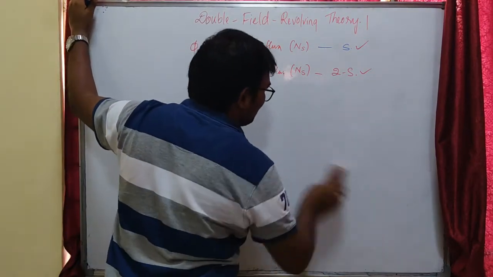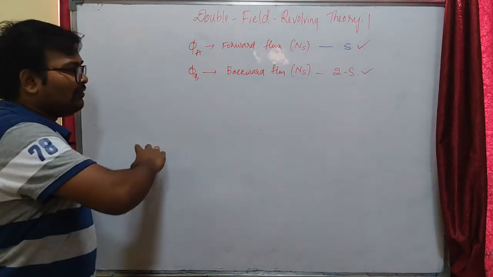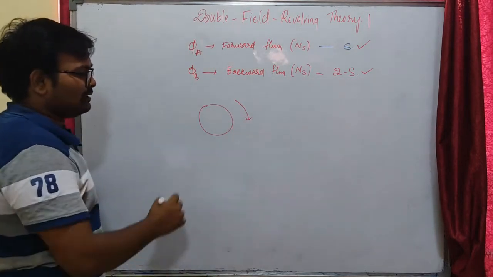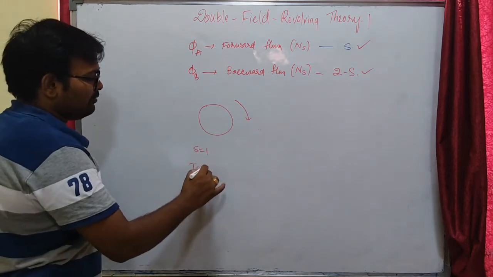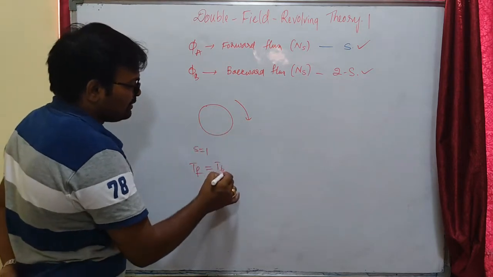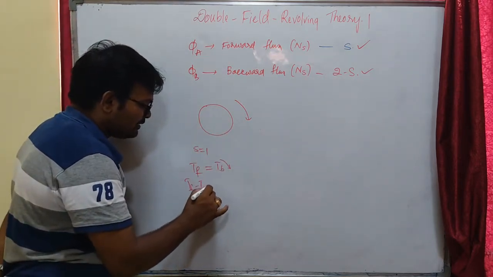There will be no rotation in the rotor. Okay, if you somehow rotate the rotor in one direction, the net torque will change, right? If I rotate our rotor in one direction, let us say at starting S equal to 1, there is TF equal to TB, right? Having equal magnitude. Okay, if I rotate in one direction, let us consider I have rotated in the TB direction, the net torque, TF minus TB, will be some negative value here.